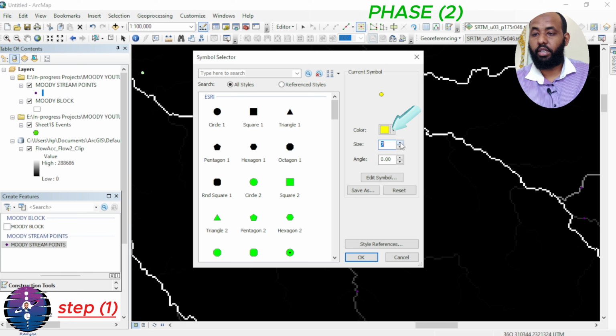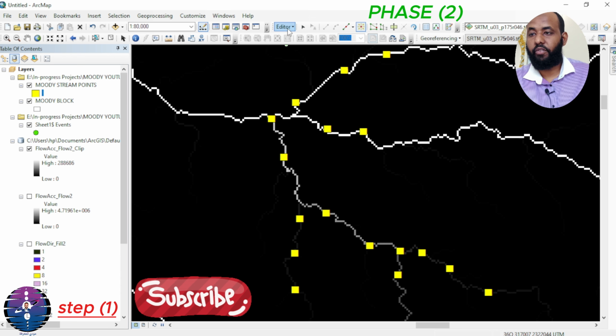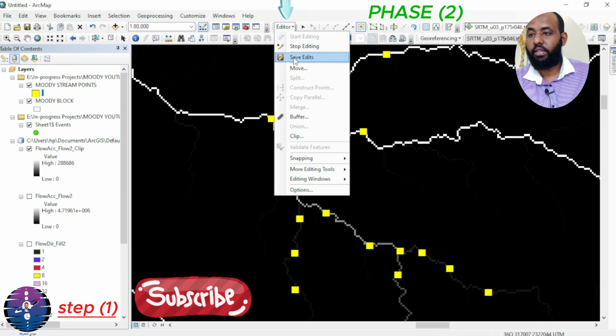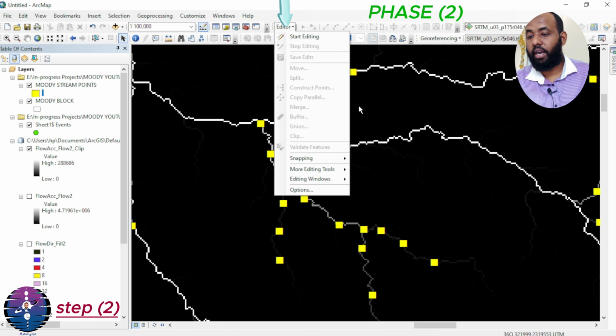make size, for example, 8, choose a square. Okay, very good. Then from editor, save edits, stop editing. Step 2, ensure the editor is not active. Right click on the